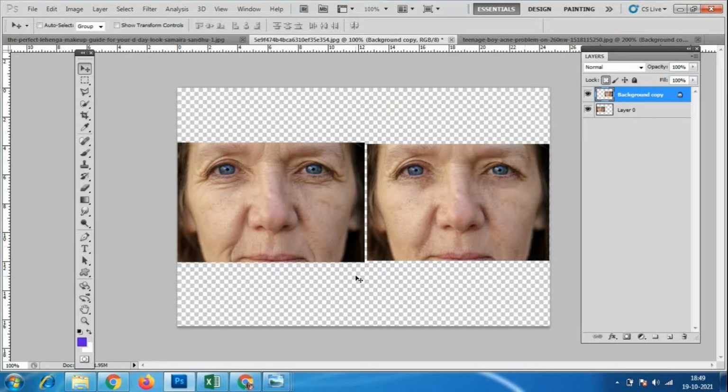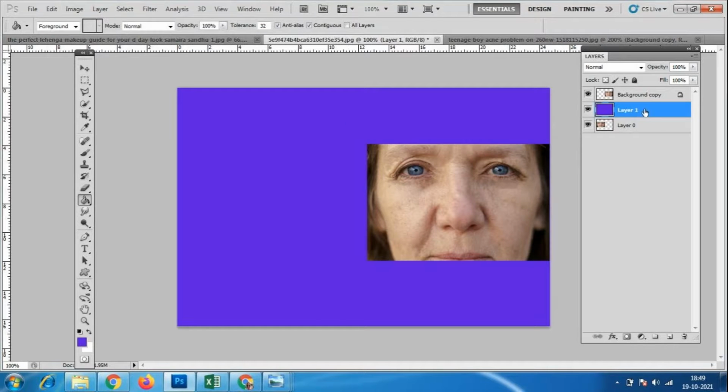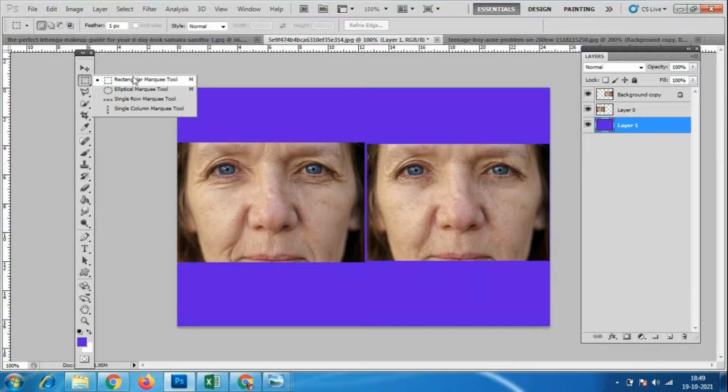Okay. So for this, take a new layer and go to the paint bucket tool. Just go to the normal paint bucket tool. Add some color. Keep it in the layer in the background like this. Otherwise, you can go to the rectangular marquee tool. So you can add a box for this like this.